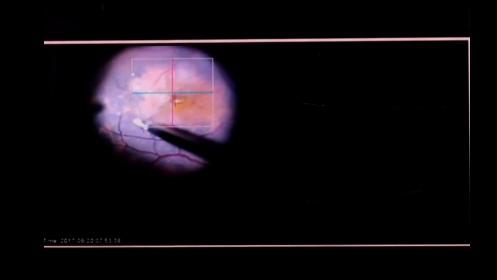So I'll just show a video of how we deal with these LHEPs. This is a case which I operated with the epiretinal membrane. When I tried to peel this epiretinal membrane slowly, I thought it would come off easily like any other ERM with macular hole surgery. I try to use intraop OCT in my cases of macular hole, and with the present NGENUITY it gives an overlay which is very good.